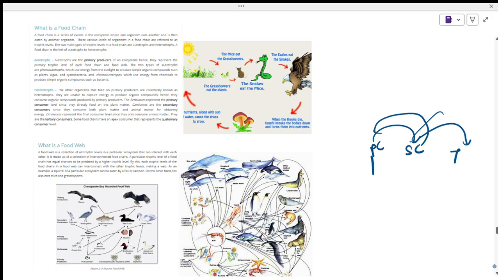Or else they are dependent, a complex web is there, and this is called food web, and it is